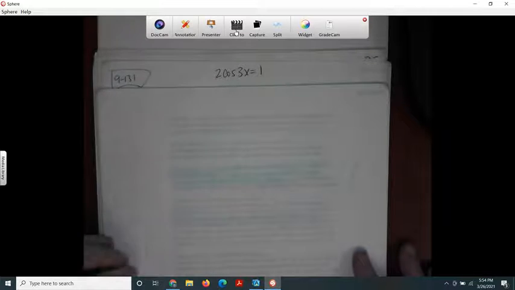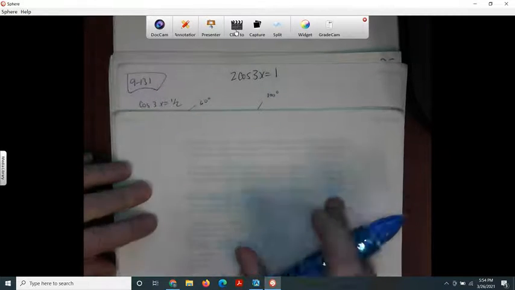Degree centigrade 3, it's problem 9-131. It wants me to solve for x. It wants me to solve for all values of x, so I have to put that 2 pi n on the end of my answers. So we start this one out by,